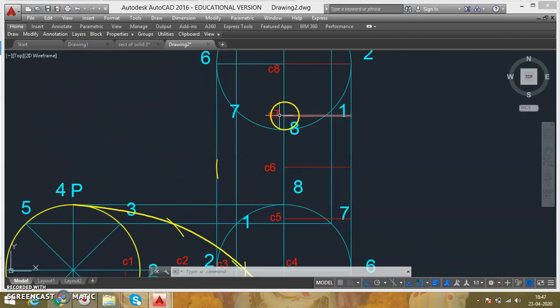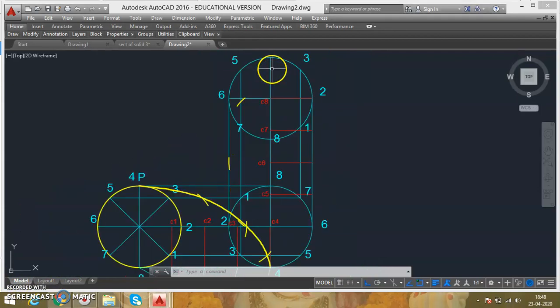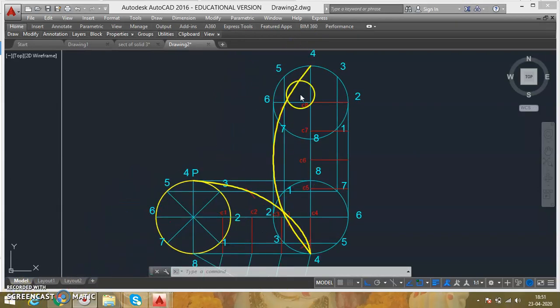Now we will take C7. After this, the point will move on this stage. So I'll take the radius distance in the compass, put it here and mark on this line. So we got this point here, and finally, as I mentioned earlier, the final point will be this. So I can join the 1, 2, 3, 4 and 5 points to get another curve. So this will be the final figure you will get, and you can draw the arrow here and mention this curve as cycloid. Thank you.